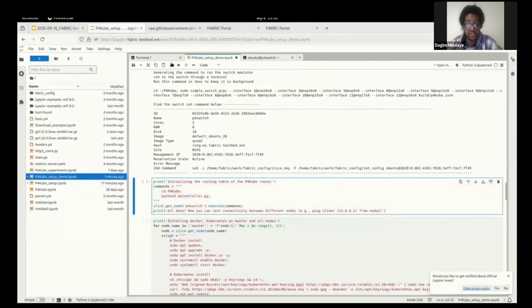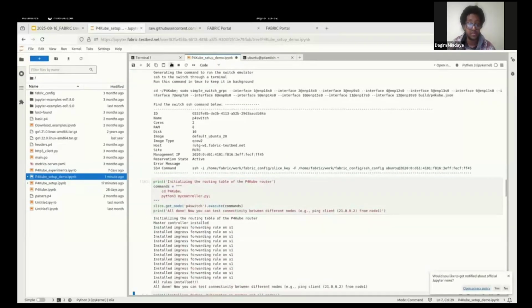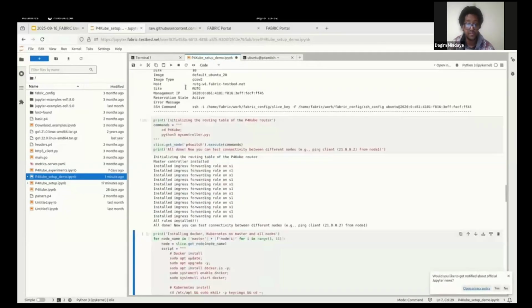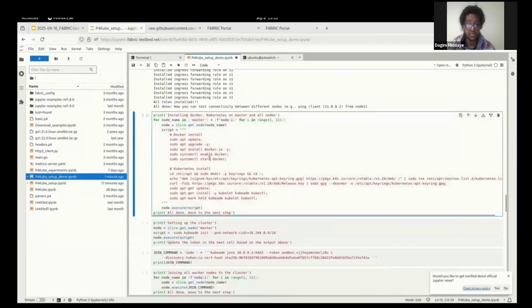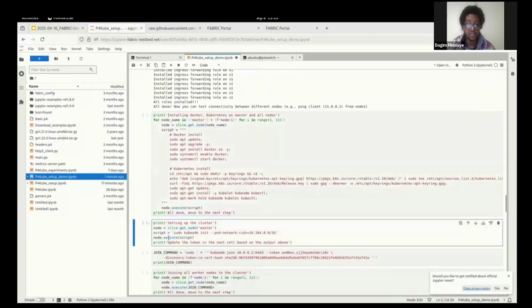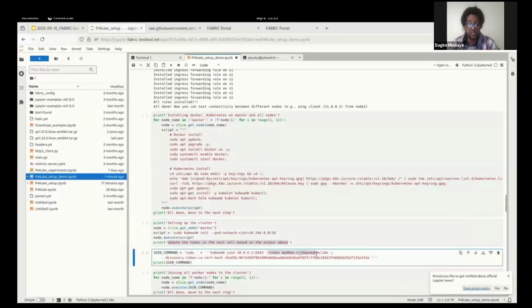Here is where we'll initialize our routing table for the P4Q router. You will see that all rules have been installed now. Installing the Docker, Kubernetes on master, and all the nodes. This is where we'll set up our cluster. And here it's very important because this cell will give you a token that you will need to copy and paste into the